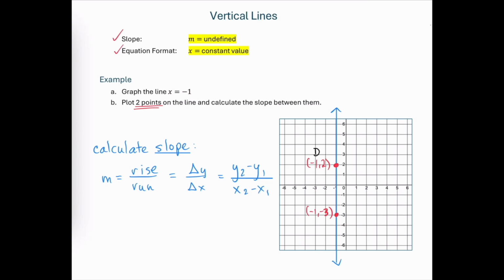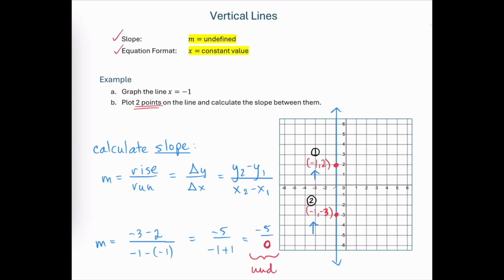So let's consider this to be our first ordered pair, this to be our second ordered pair, so that when we're calculating the slope, the second y value would then be -3. The first y value would then be 2. And we divide that by the change in the x values. Well, the second x value is -1, but the first x value is also -1, so we're subtracting -1 here in the denominator. So in the numerator we get -5 over, in the denominator we have -1 plus 1, which is 0. So because we have 0 in the denominator of the fraction, this slope calculates out to be a